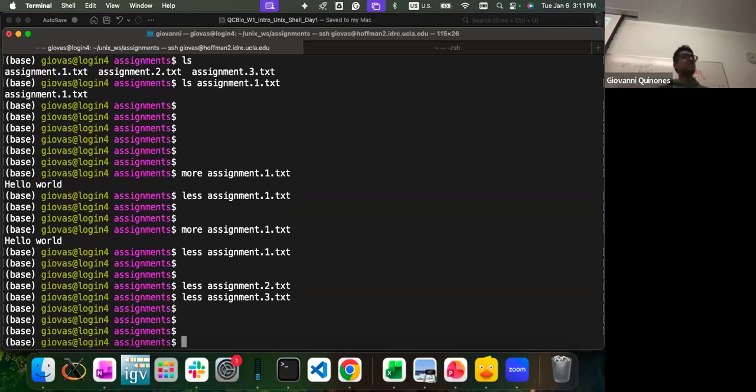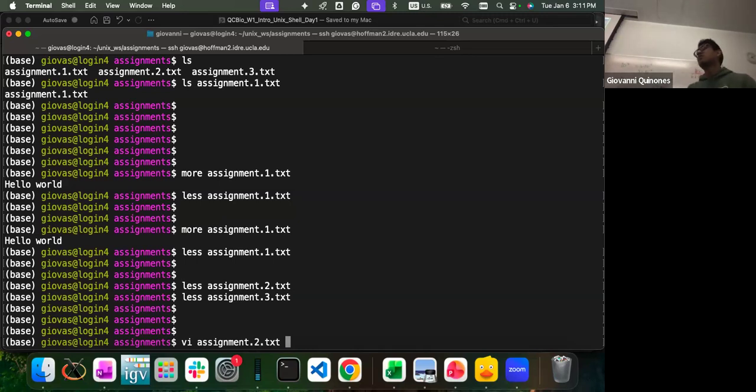Now, to edit files, the default text editor that is already installed into your Unix system is called Vim, V-I-M. And the way you access it is with the vi command. So vi followed by the file name means open this file using this text editor.